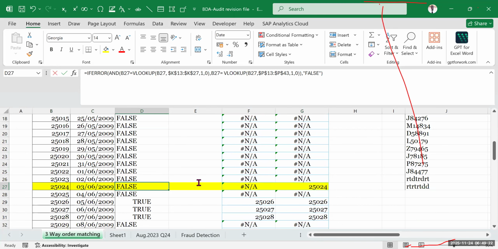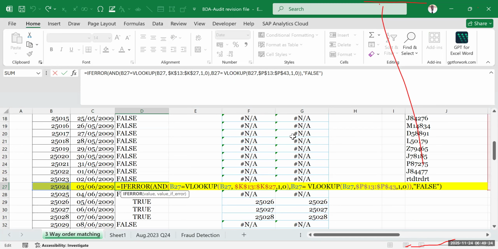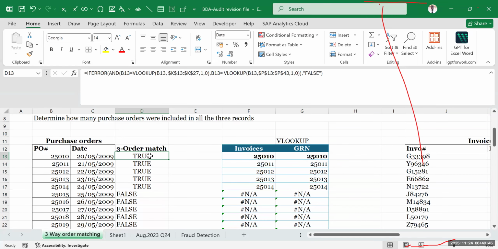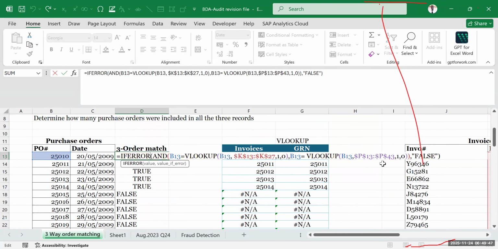So for example, if I check here, why would you get a true if you've already told Excel that I'm checking on this, and if it is an error, please give me a false. And what am I checking? I'm checking it from the two sets of data, from the invoice and from the GRN. So I just wish that you check it again from the formula itself when you first set it. If there is maybe a reference that you did not do well, or if you had locked, please do not lock